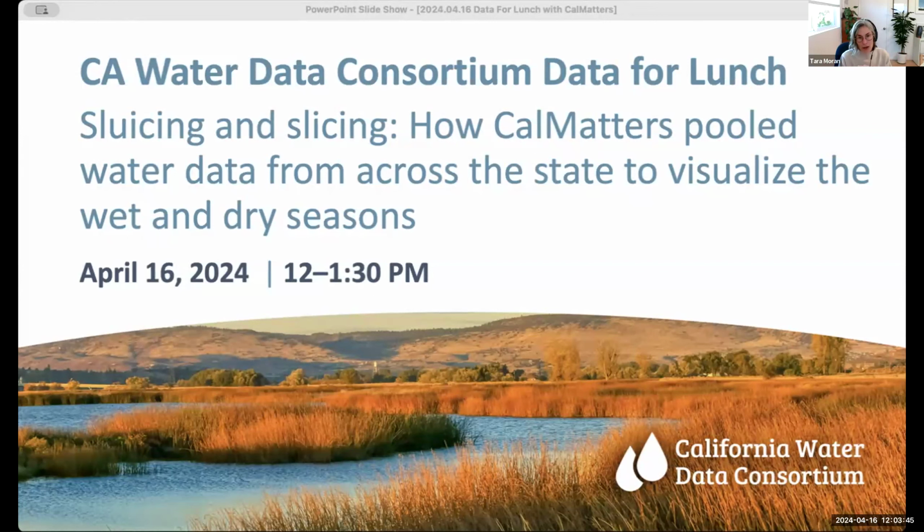Today, John and Jeremiah are going to walk people through the dashboard itself, but given the consortium's audience, we're also going to hear about some of the complexities and opportunities in both data availability and usability, and ideally really facilitate a conversation about both the state of water data in California and opportunities to continue improving the CalMatters dashboard, as well as the data accessibility that helped to power that dashboard and is really the consortium's mission